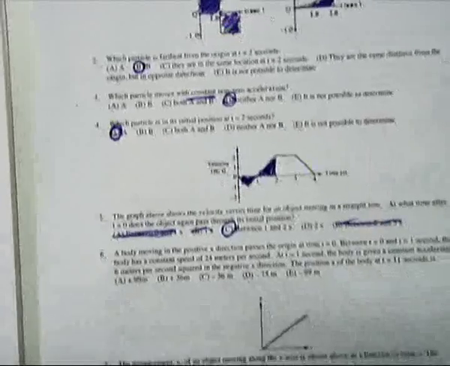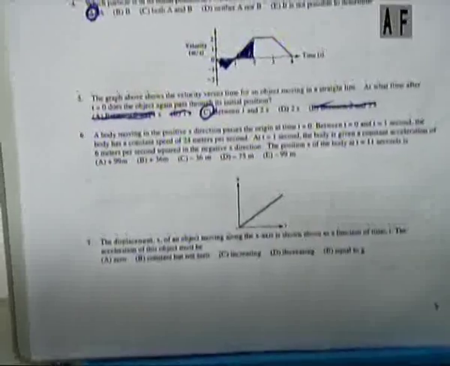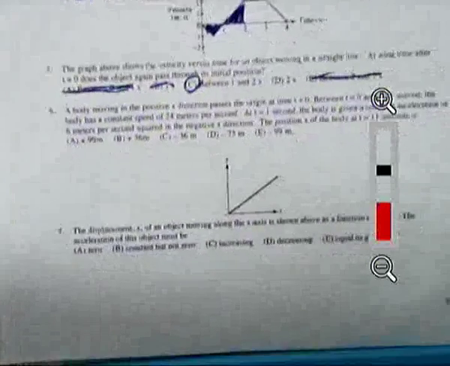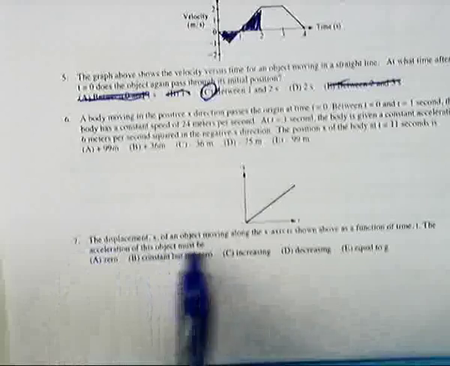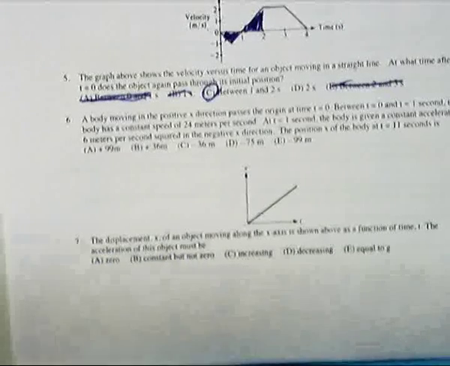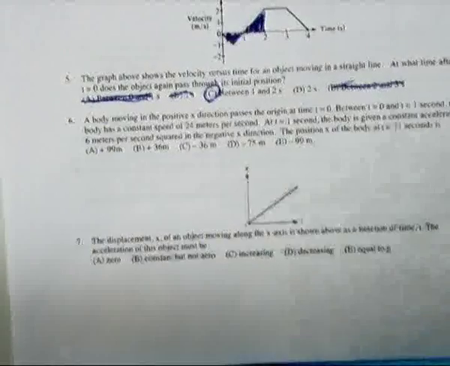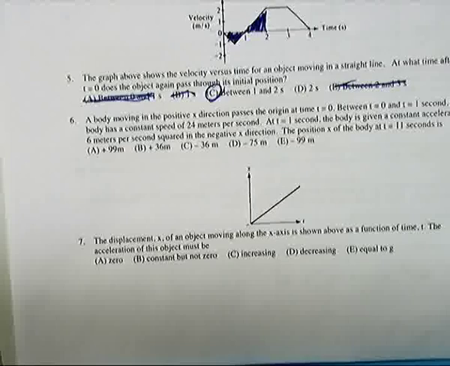Alright, I'm going to continue with the graphing theme. I'm going to skip 6 and go straight down to number 7. Actually, this one's kind of an easy question. If this is position versus time, or displacement versus time, the displacement x of an object moving along the x-axis is shown above as a function of time t. The acceleration of this object must be